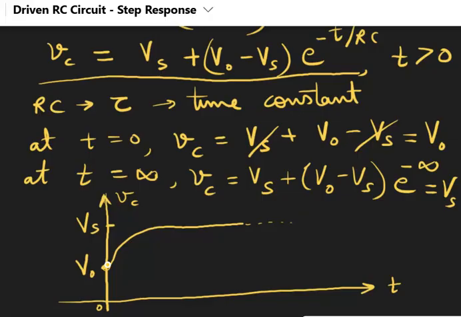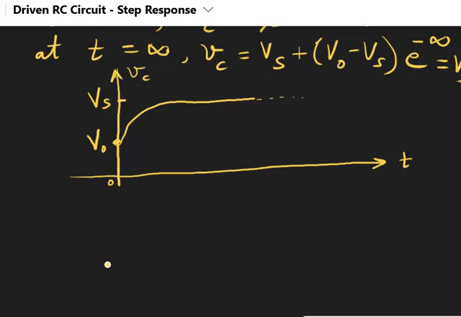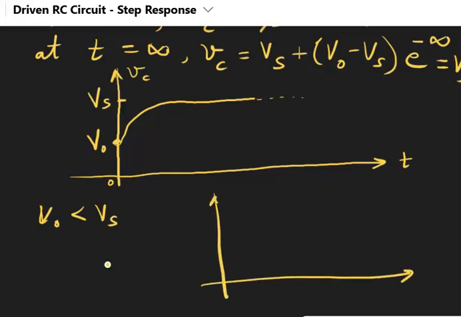Now just tell me, what if V0 is greater than Vs, then what will happen? Vc here, V0 here, Vs, then this will exponentially decrease and reach Vs. So just understand the concept. This is the response of